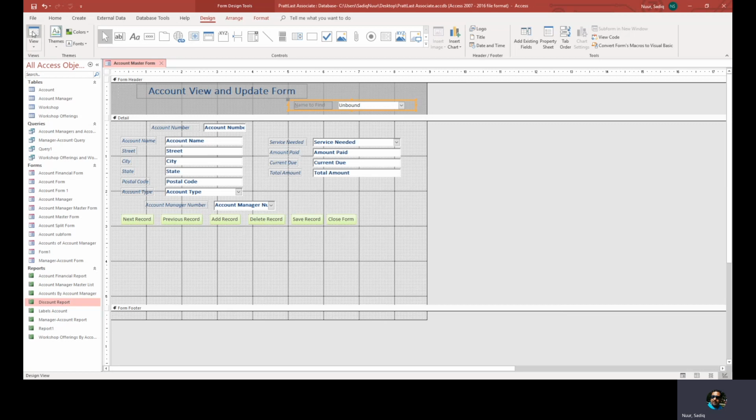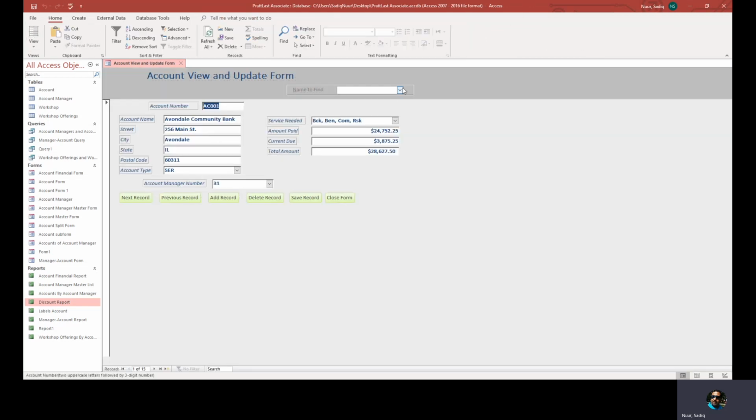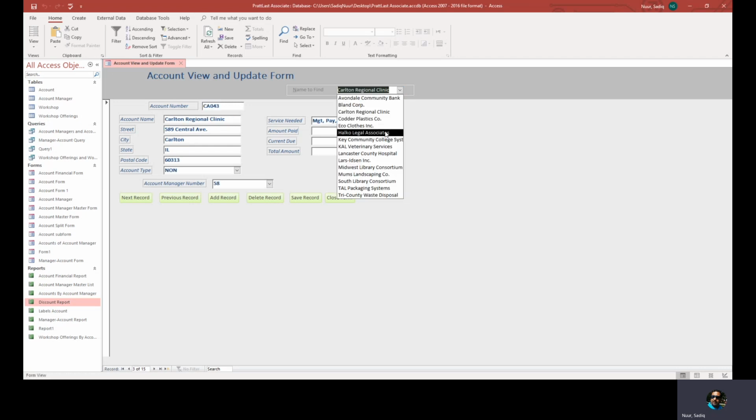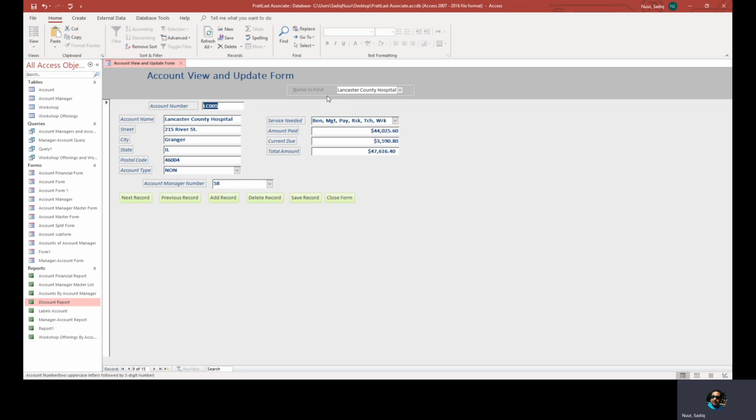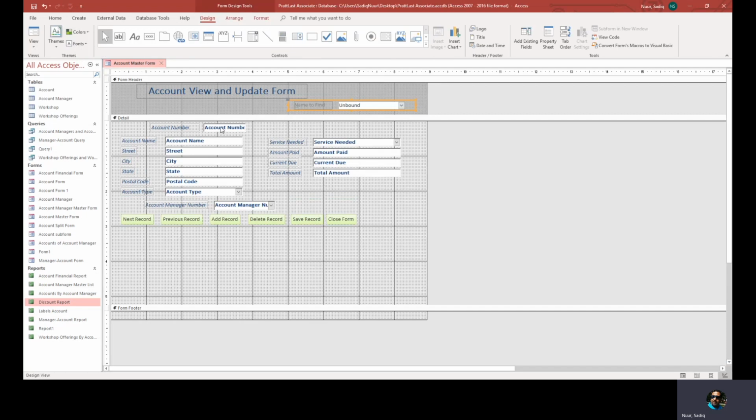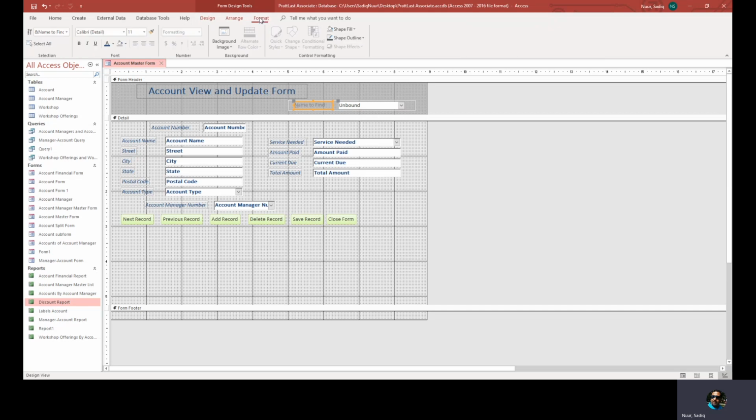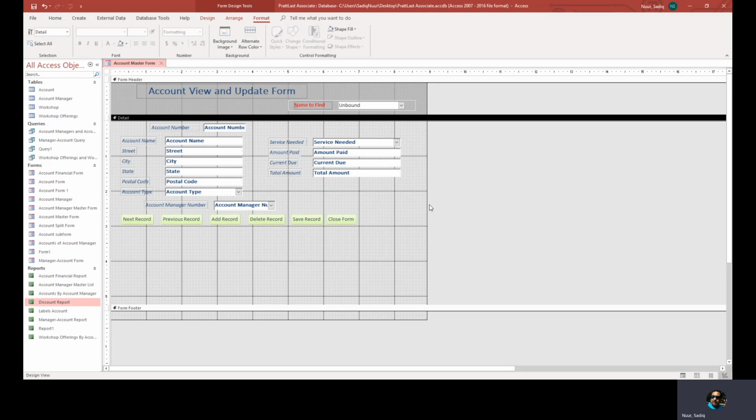Now let's view the form. There you go, and then you can see all the options here. When I click here, I can search from here, like Custer. So I will go back, and if you want to change the color of this, you can choose this. You can go to format, you can boldface, you can give the color you want, or you can give any other color you like. Okay. Next,